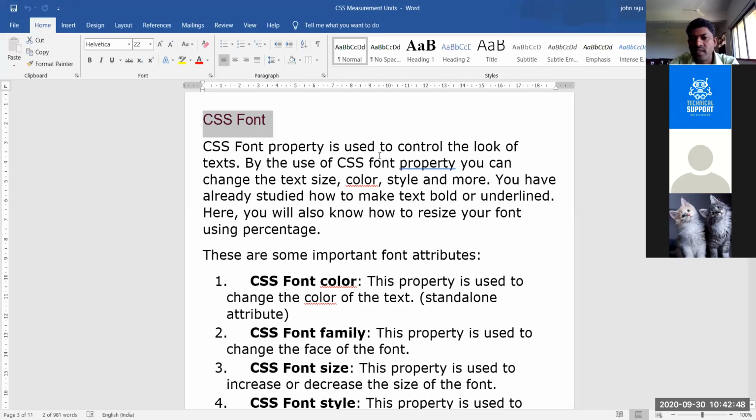The CSS font property is used to control the look of text, the manner in which you want to represent your text. That's the thing.